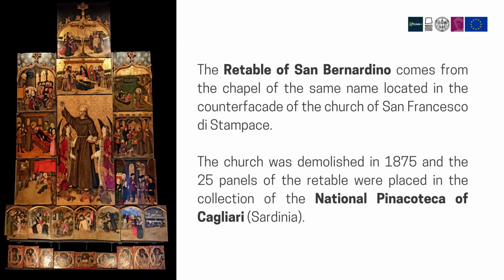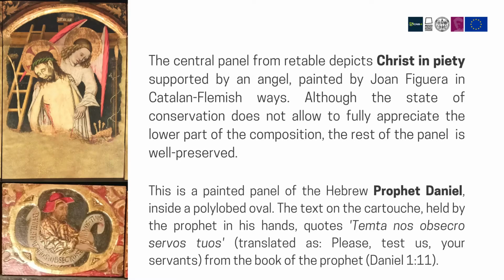The retable of San Bernardino comes from the chapel of the same name, located in the counter facade of the Church of San Francesco di Stampace. The church was demolished in 1875 and the 25 panels of the retable were placed in the collection of the National Pinacoteca of Cagliari. The central panel from the retable depicts Christ in piety supported by an angel, painted by Joan